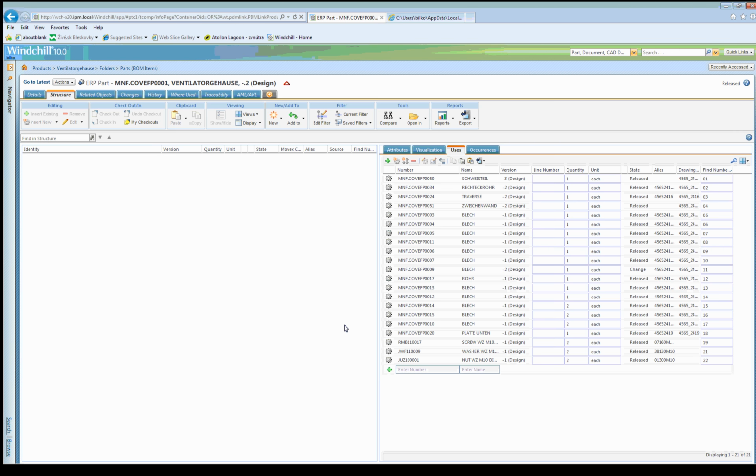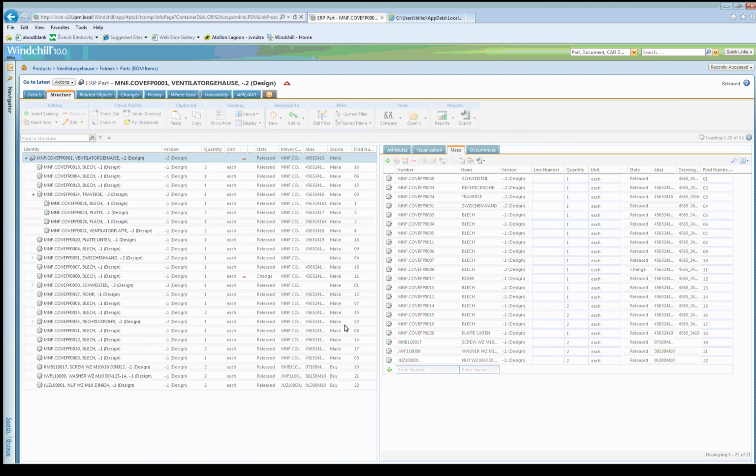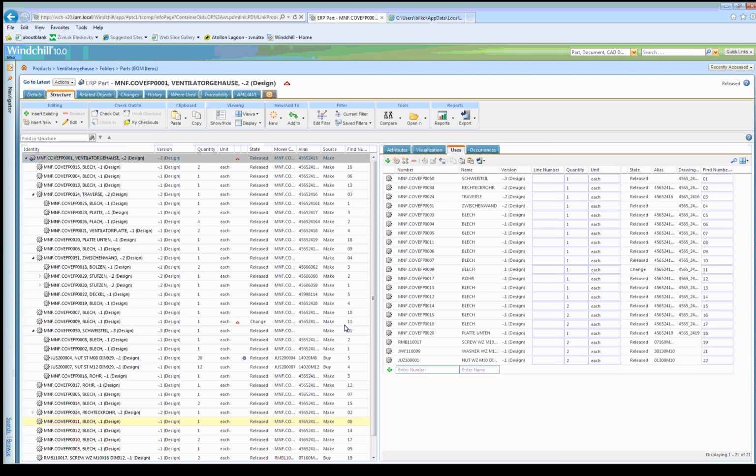So revision A indicates that there were some changes performed on the object, and you can display this product structure not only in the latest configuration, but you can edit the filter of the structure,